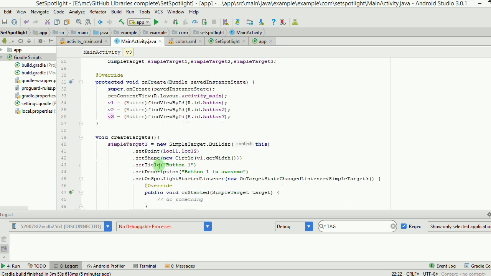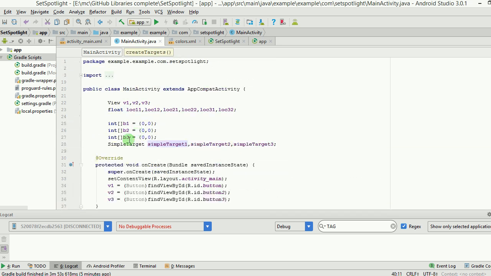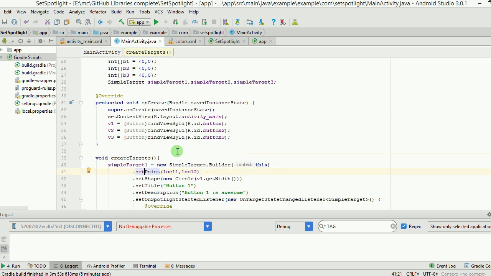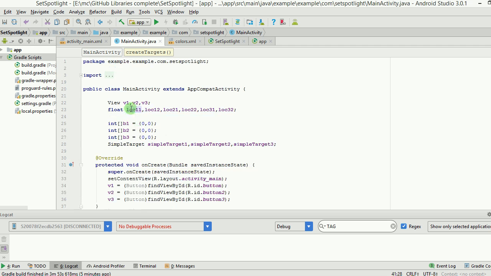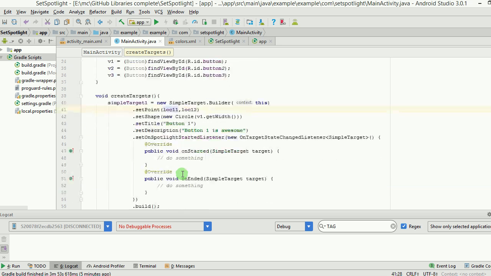The first thing you need to do is create the targets where the spotlight has to be thrown, right? And for that there is a class in the library called SimpleTarget, and SimpleTarget allows you to create objects like this, and you can set point here loc11. loc11 is nothing but the location of the first view, and how you can find that out is, as you can see, I have defined float variables here, and these float variables are actually picking up the